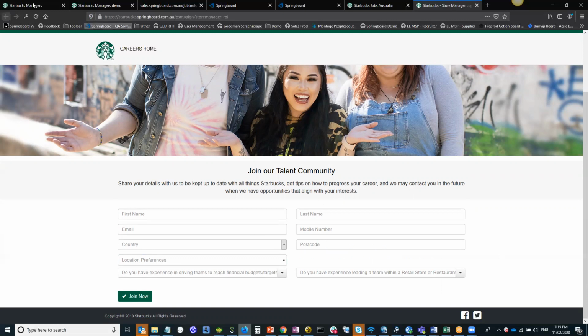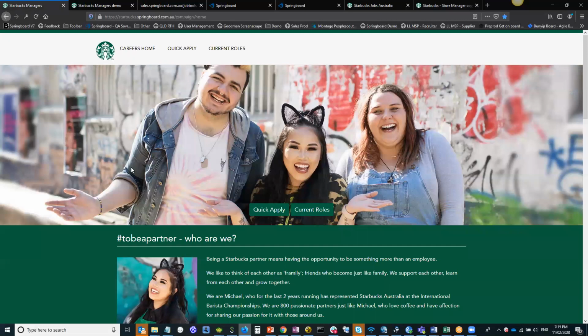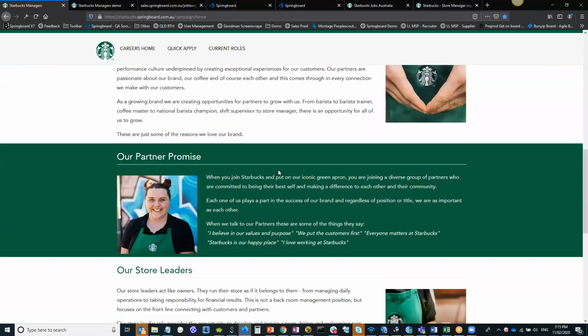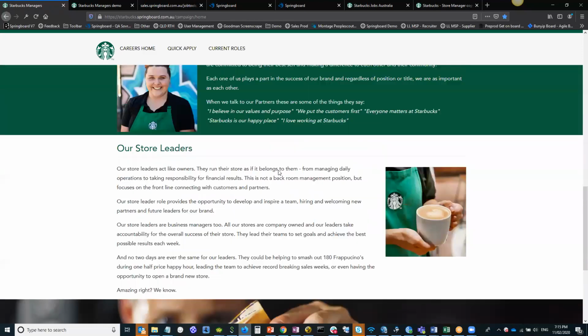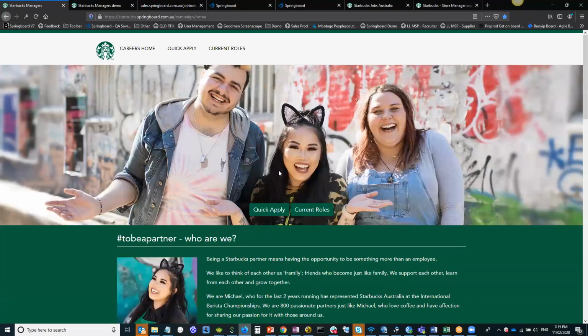Talking about the technology that drives this, and if I click over to another tab, here's another example. This is effectively a microsite that we've built for Starbucks and for a number of different clients. It presents as a simple web page, and that's exactly what it is. What differentiates this from just any page on the web is that it has been built within Springboard using point and click technology, very similar to setting up a Squarespace page or something like that, where you, the recruiter or administrator or whomever, can actually start to build some of these pages and chain them together into small